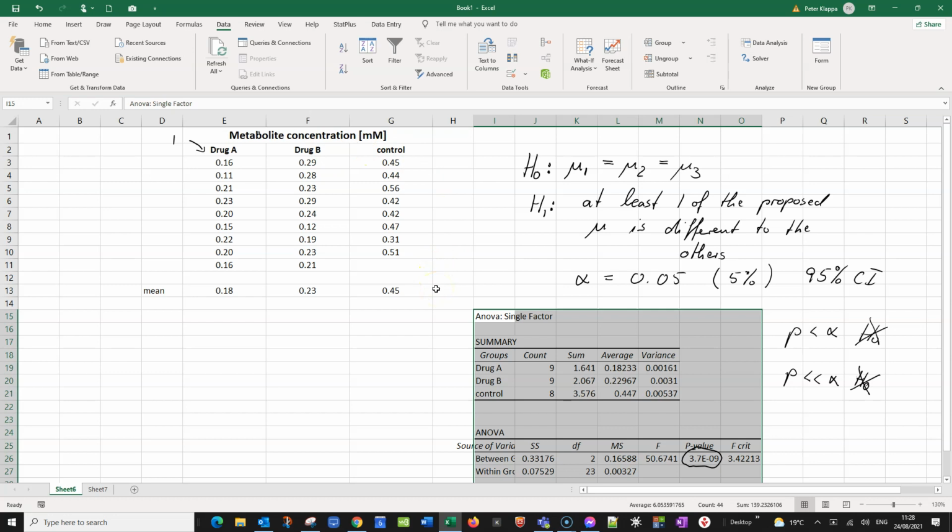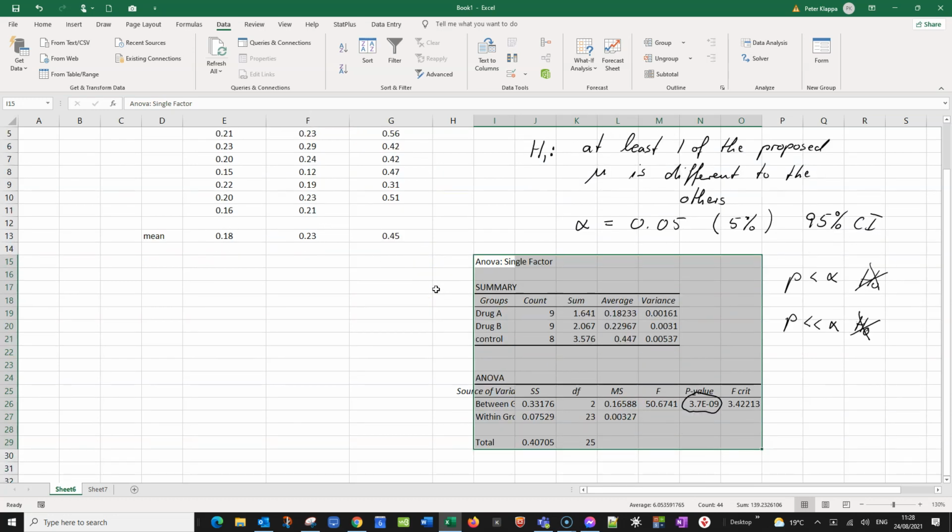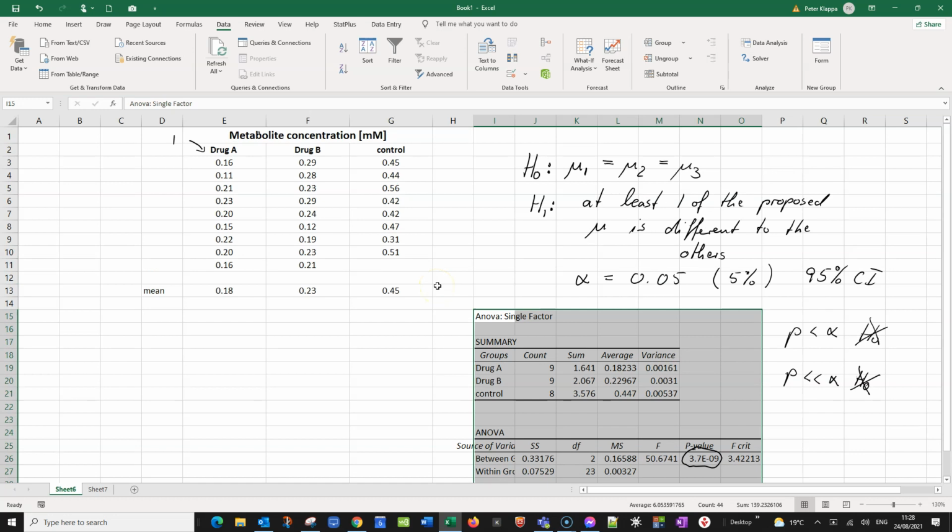And we now need to find out which one it is. So what we can do now is a pairwise comparison between the means. And when we say pairwise comparison, then we can use t-tests. But there's a little twist to it. So let's